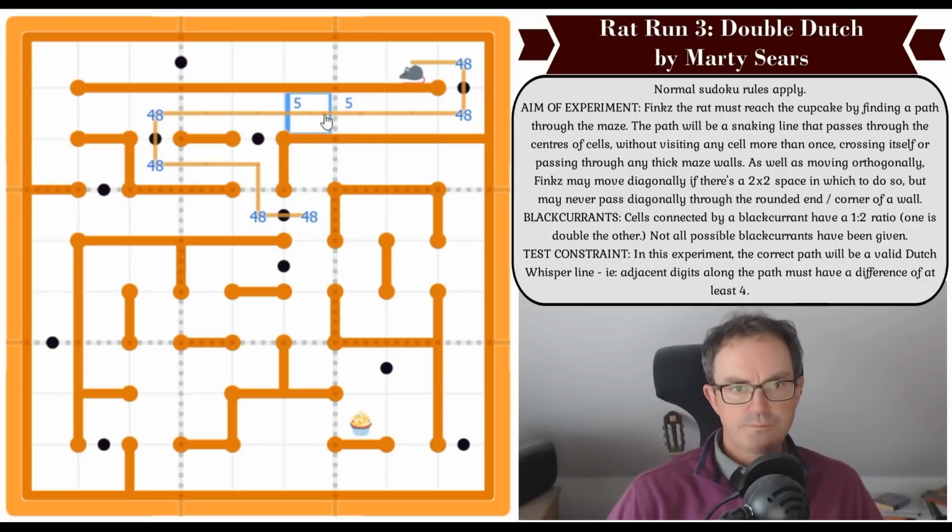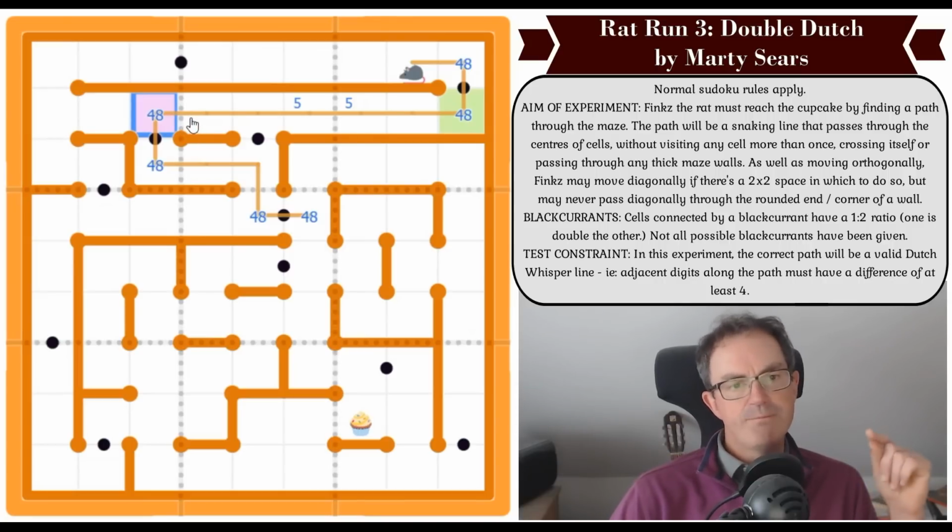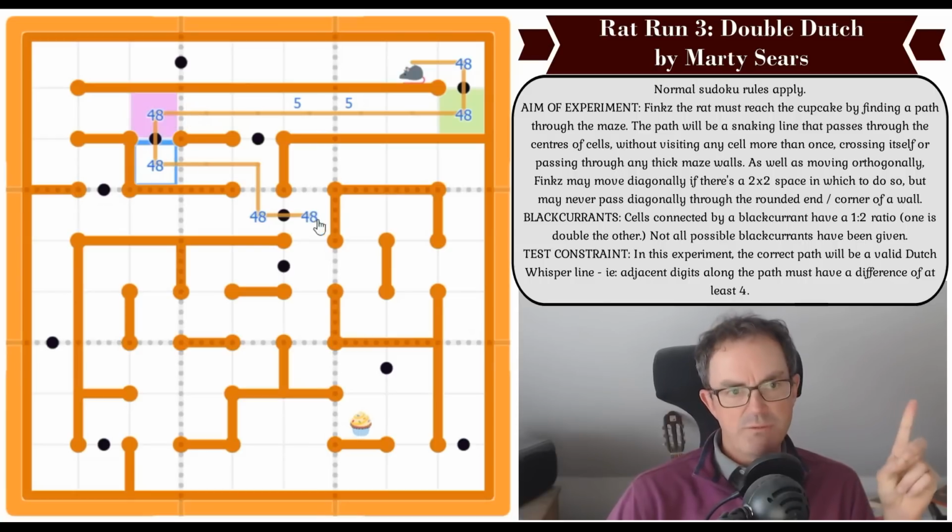Not sure. In fact, probably what we want to do here is to do some sort of polarity colouring, isn't it? Let's make that green. And we know that this is not green. So if this is 4, this has to be 8. So it's the other sort of colour, isn't it? And we know that whenever 5 is not involved, we can colour,